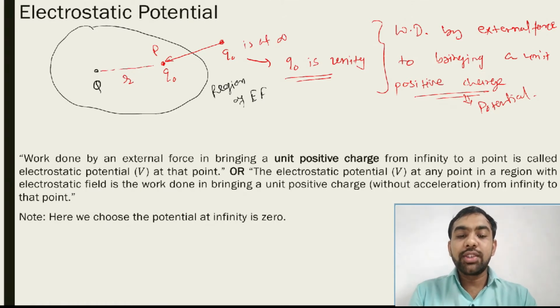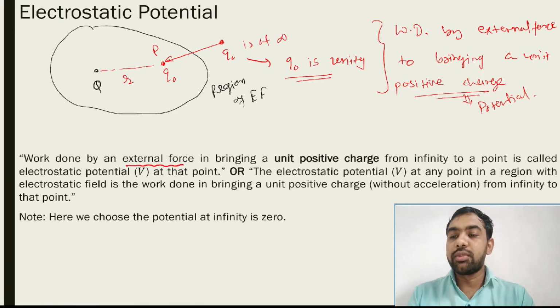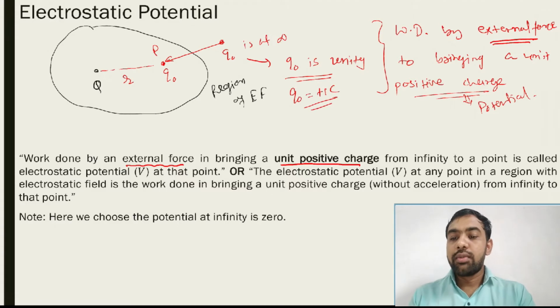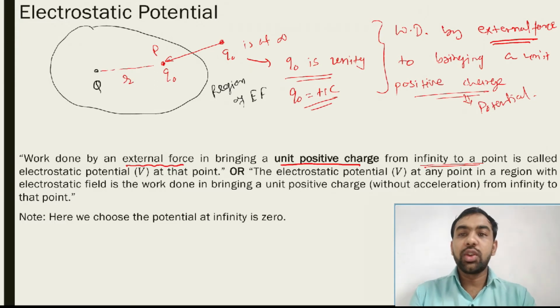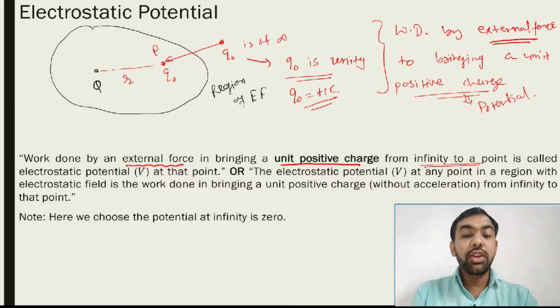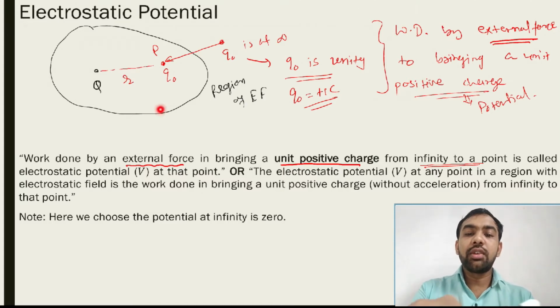So how do we define this? The work done by the external force to bring a unit positive charge, which means q naught is equal to plus 1 coulomb, from infinity to the given point, is called electrostatic potential. Or another definition: the electrostatic potential at any point in a region with electric field, the region of electrostatic field, is the work done to bring a unit positive